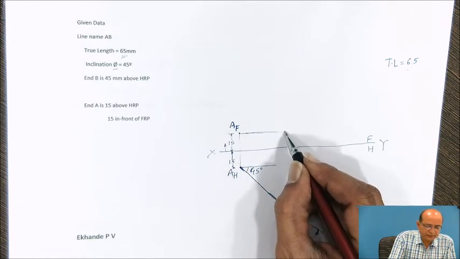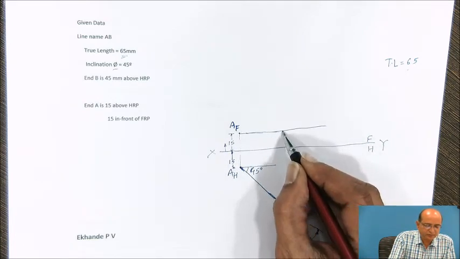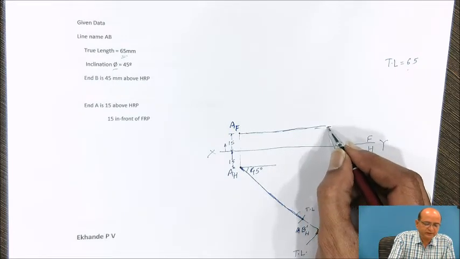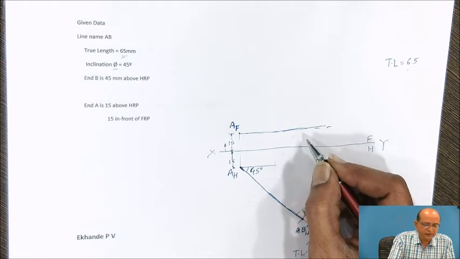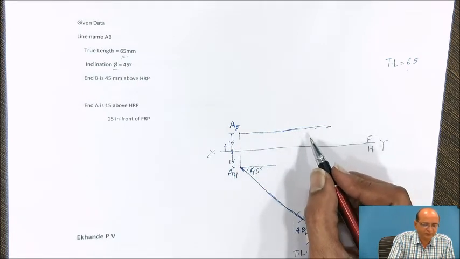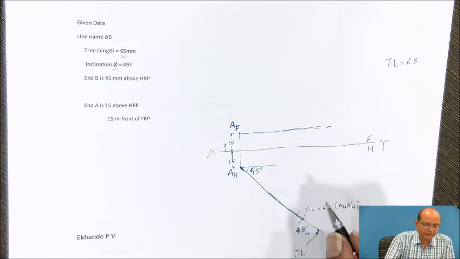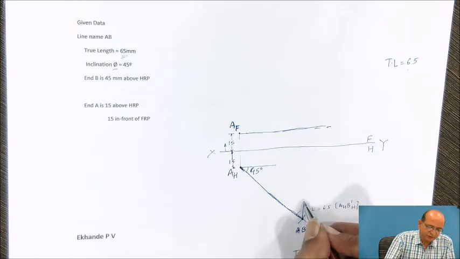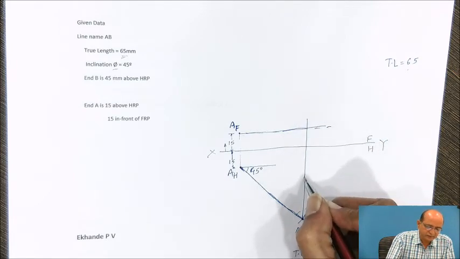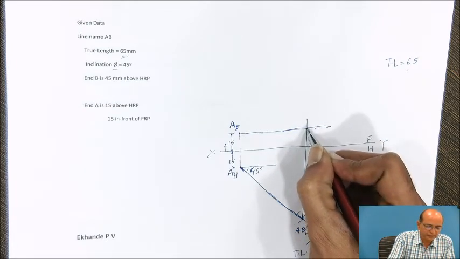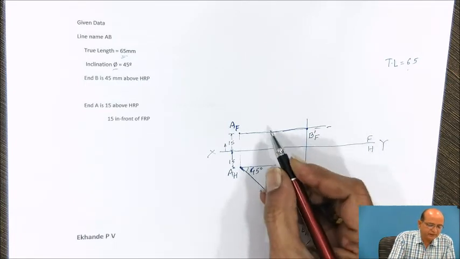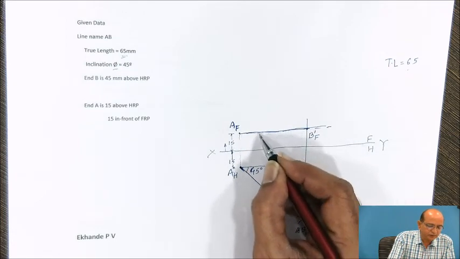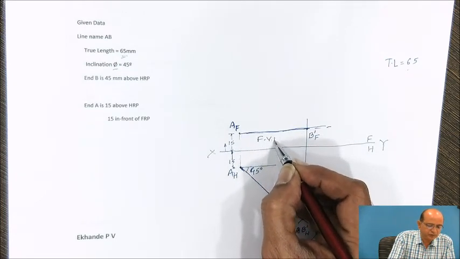So we will complete the line parallel from AF, so that on this line we will get the position of B dash F, which will indicate the parallelity in the adjacent view as AF B dash F, and that will be a front view length of the line. Now we will have the projector of this in the upward direction, and the intersection obtained over here is B dash F, and this is a line obtained as a front view length of the line.